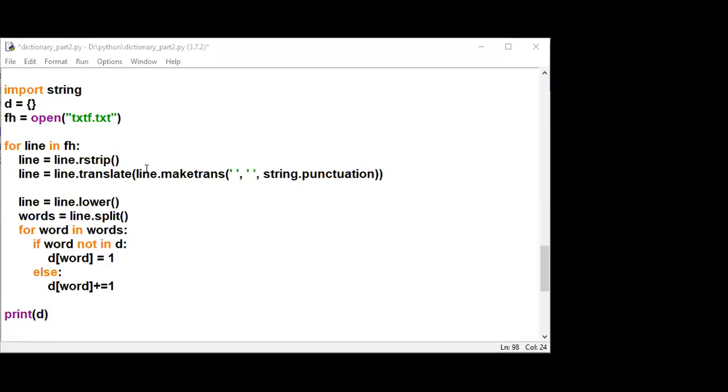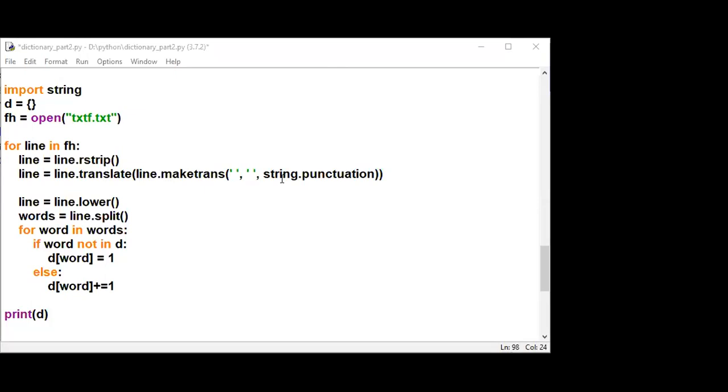After that, on every line we are applying the maketrans function. We know that this maketrans function builds a table, and that table is sent as an argument to the translate method. Whenever maketrans sees a space, it does nothing: the same space is replaced by the space.